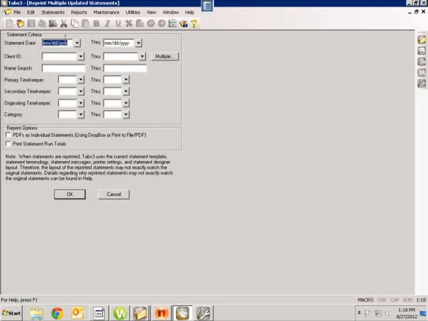But the problem in the past has been you only had one statement date, so you didn't have a range. You had to remember when that statement was updated, or you wouldn't be able to come in here and reprint multiple for clients. So if you weren't doing all of your statements on August 15th and you did some on the 16th, you'd miss out. So now they've made it a range. So I could come in here and say I want all the statements that were dated August 1st through August 31st, and then I can do a client range,